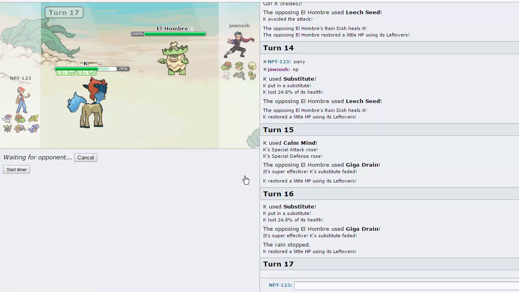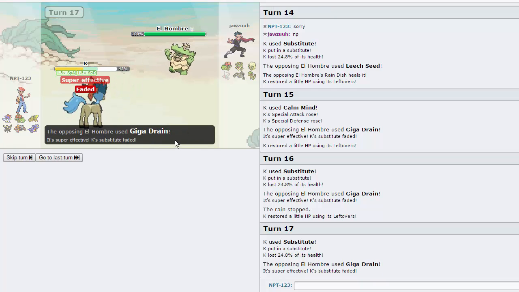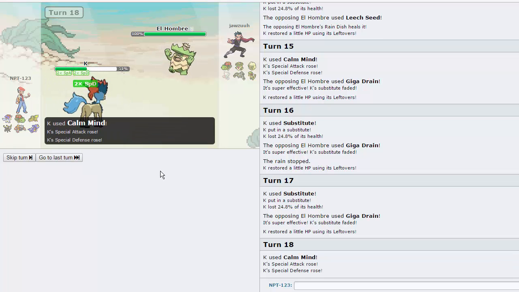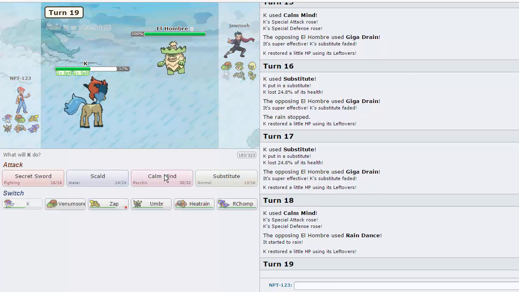This guy seems to be a pretty decent player actually, so I'm gonna go into Substitute. He hopefully goes for the Leech Seed, decides to go for Giga Drain instead while I basically just stall myself out. So I'm gonna go for the Calm Mind one more time. He's probably gonna predict me and go for the Leech Seed now. But I don't want to risk myself losing too much HP, so I do go for the Calm Mind. Hopefully he goes over Giga Drain. He decides to go for Rain Dance, which is an interesting move on his part because I guess he wants that